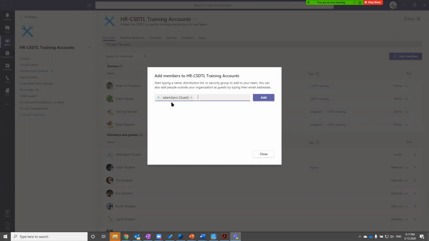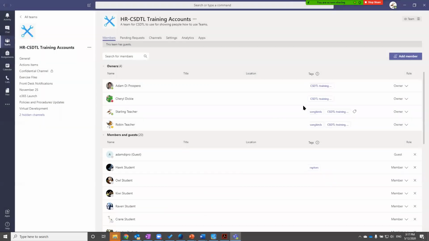So I can go and add my Gmail account here. And what will happen is they will get an email asking them to register their email address with Microsoft. So even if it's a Gmail, Yahoo, whatever else, they can still sign up and use the team site that way. Okay, so once they've signed up, they've registered with the Microsoft account, they're able to access